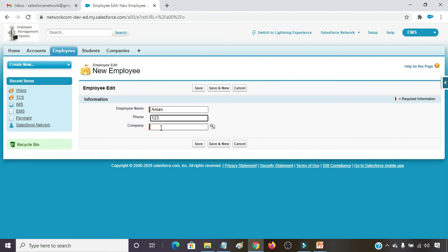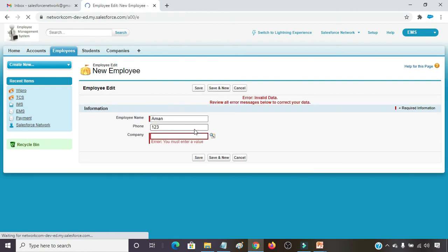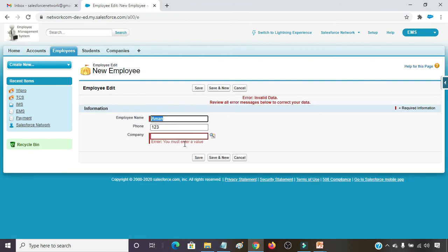And this master detail relationship is mandatory. If I click on the Save button, this record is not going to be saved because this is mandatory. Until I provide the company name, this record is not going to be saved. It's throwing an error message: You must enter a value.